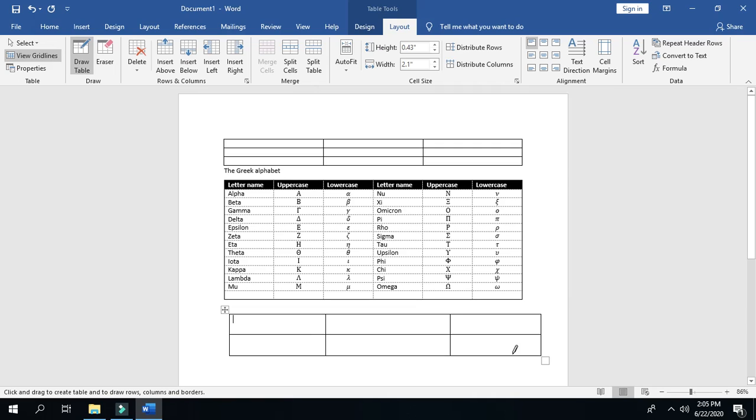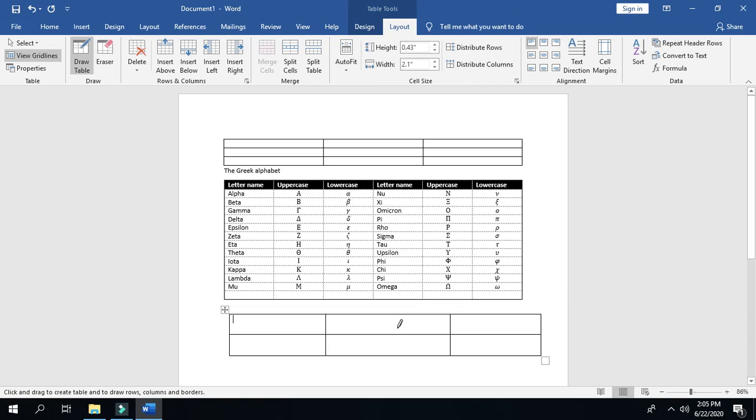See, in this example I have drawn the table with 3 columns and 2 rows. And as I already told you, in a table these small boxes are known as cells.